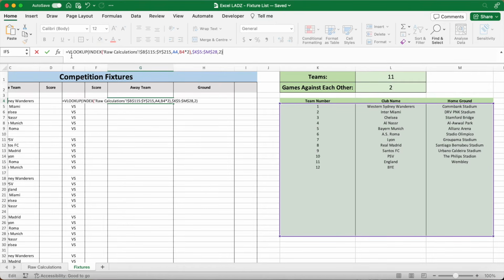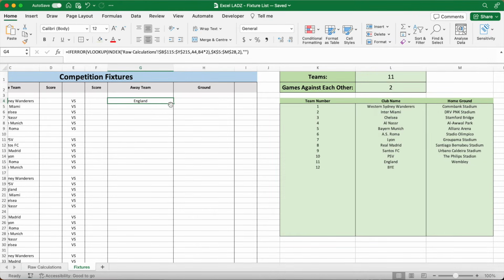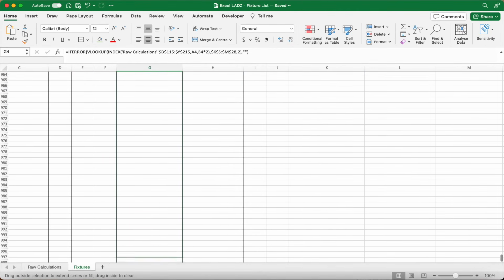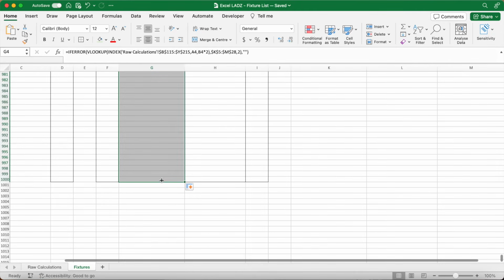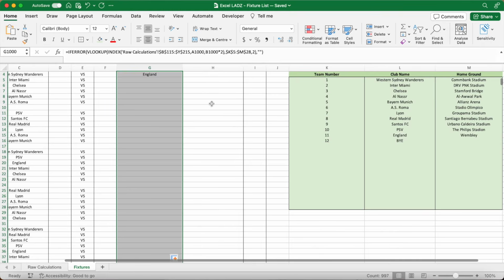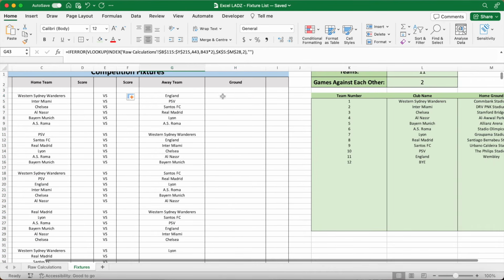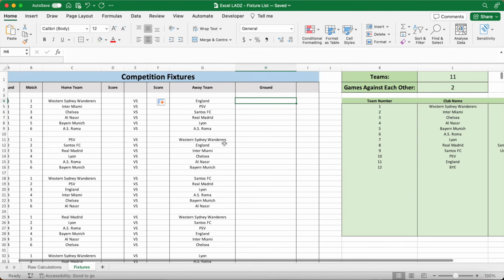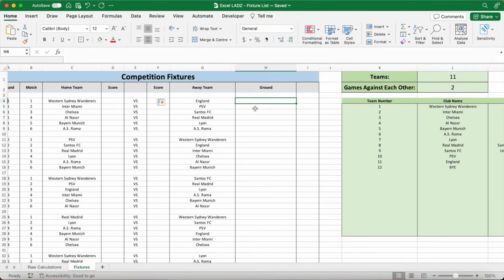Close the bracket and wrap in an IFERROR function so we can drag it down until row 1000. Press enter, and we have got our list here. So drag that down to 1000. Now this formula in columns G and C is absolutely correct, but I want you to look at row 9 really quickly. We'll see that Roma is actually versing Roma, and obviously that's a mistake. A club can't play itself, but we'll do a really quick fix in the model in 2 minutes after we